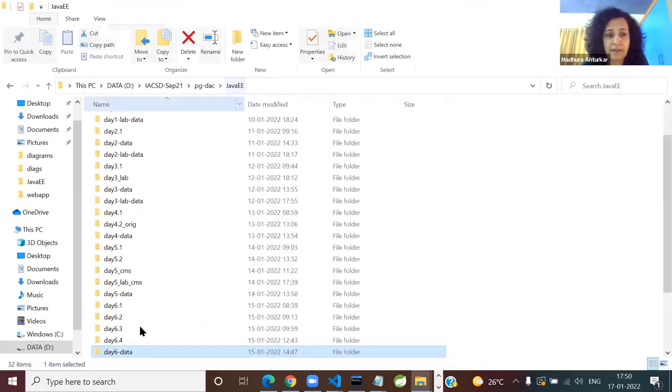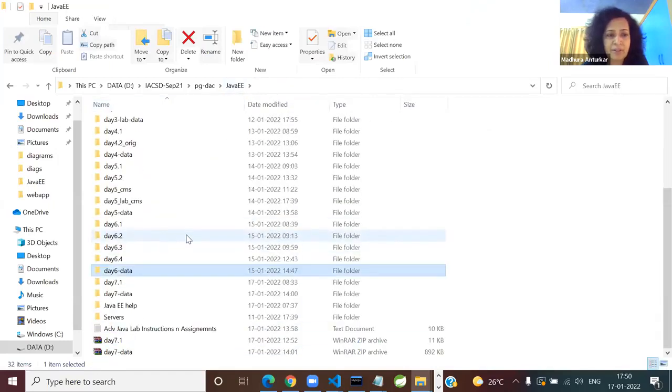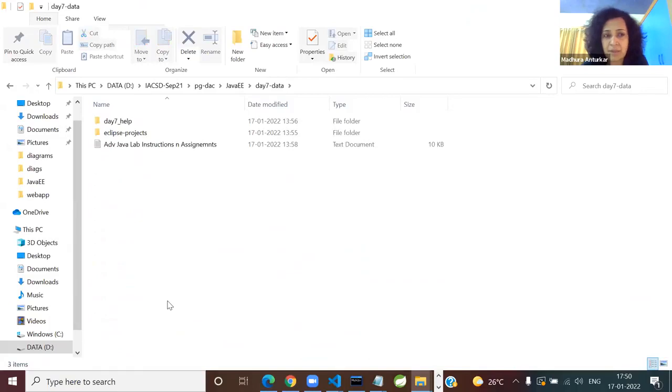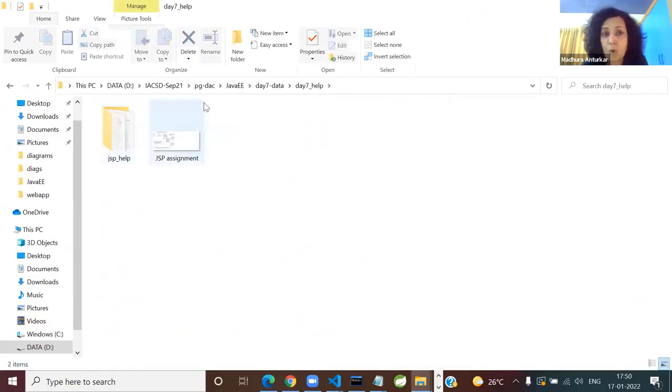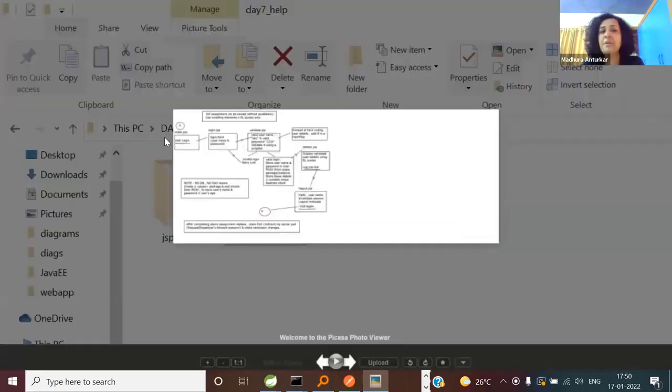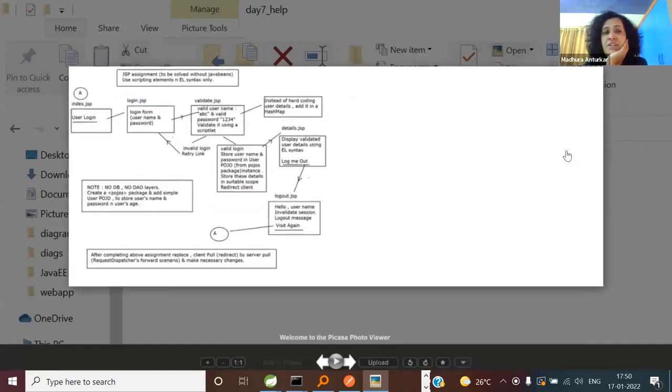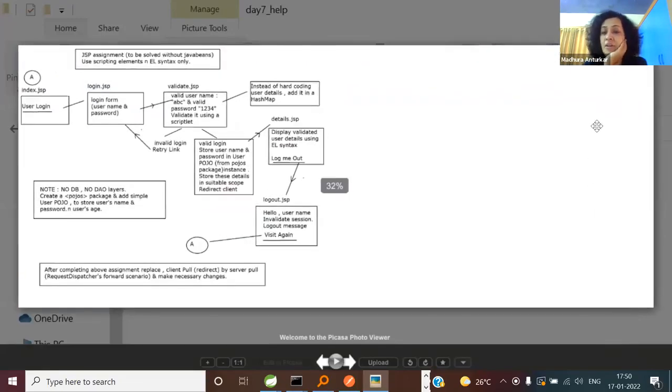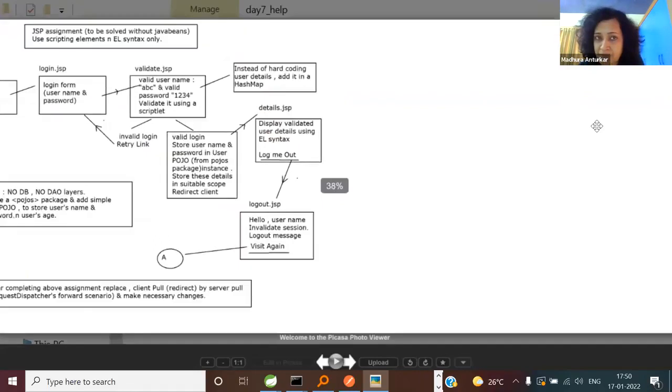Today's data. I've drawn a simple page flow. In day 7 help, open day 7 data, please. There is a JSP assignment there. It's a login to logout flow.